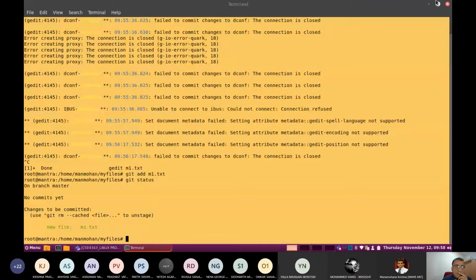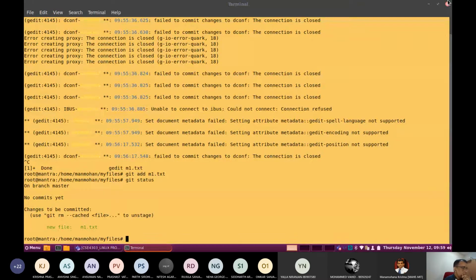The moment you write gedit, a front end is opened up. Create some content, then click on the save button in the gedit window. Note the file name, close gedit, then add it to the staging area using git add and the file name.